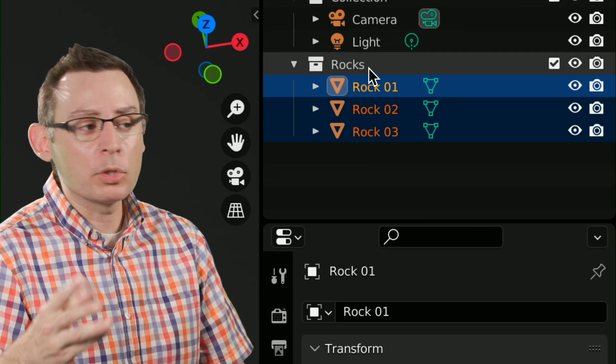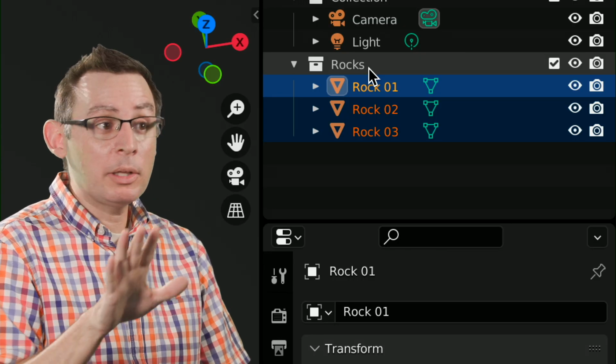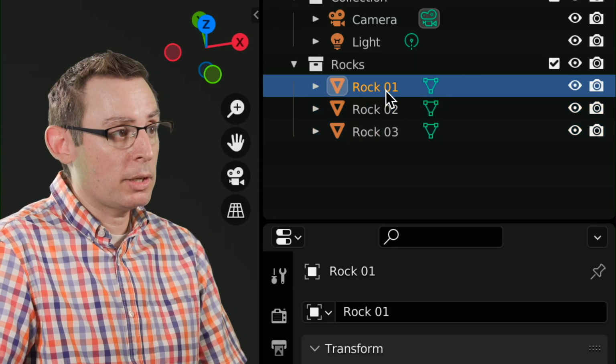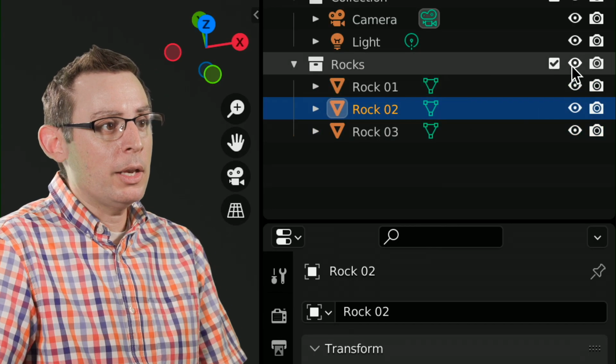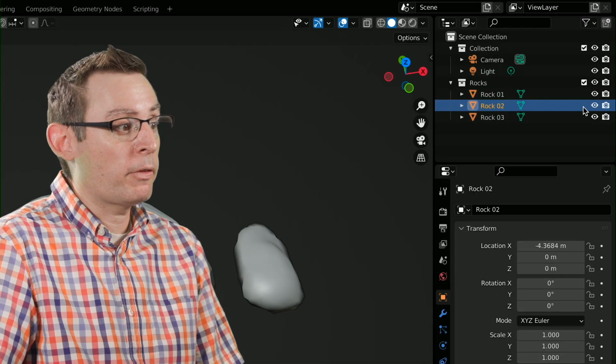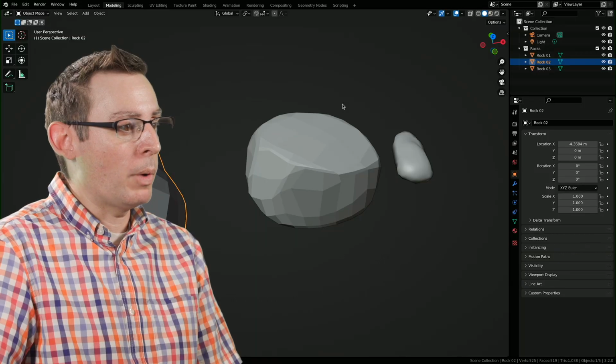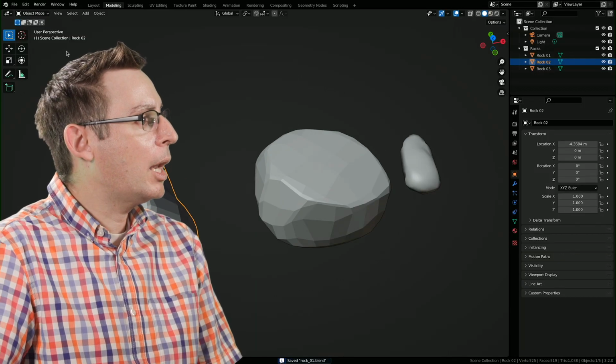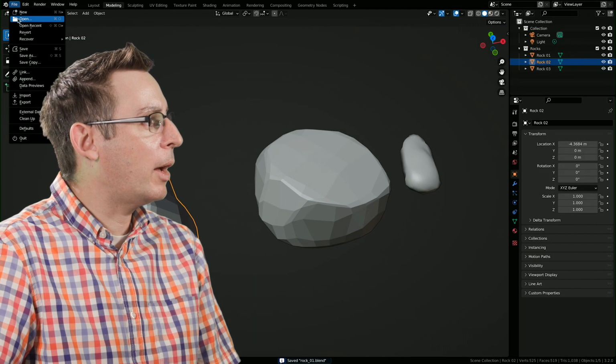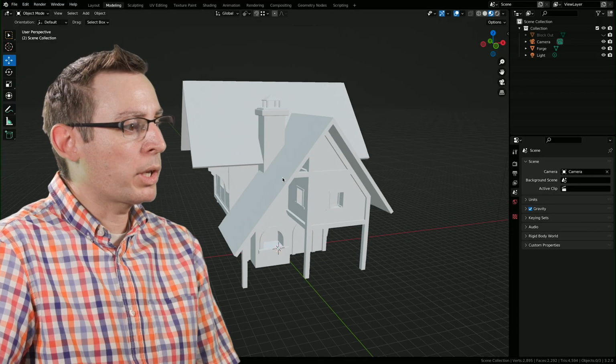They're kind of like folders, if you will. Of course, we can independently continue to adjust each one of these, but we can also go in and turn the entire group folder off and reference the entire collection in a number of really cool ways. Okay, let's go ahead and save that. And I'm going to open up my blacksmith shop project file so we can start working with those rocks in here.